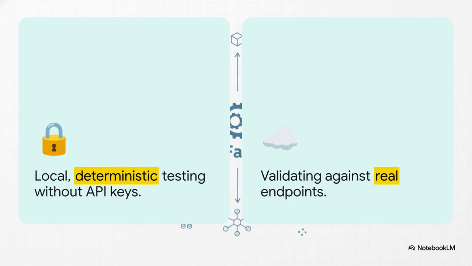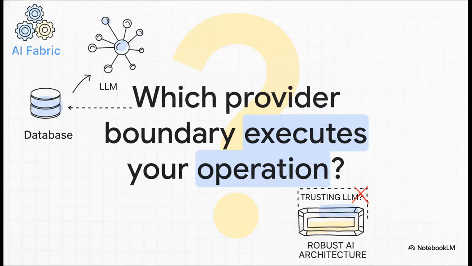Then, once those hard boundaries are completely locked in, you swap over to live provider proofs. This validates your real-world latency, accuracy, and ensures the model handles your specific prompt shape perfectly against real endpoints like OpenAI or Azure. So, as we wrap up this explainer, I want to leave you with one final, absolutely critical